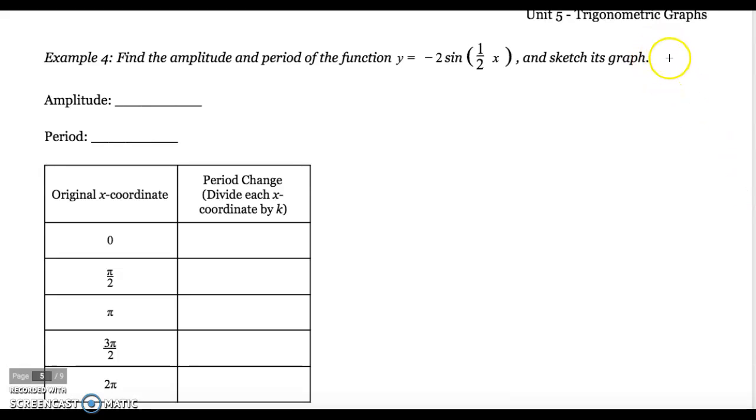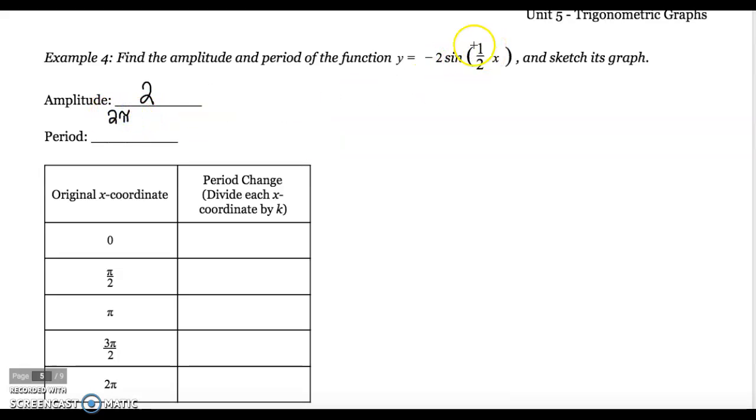So I have a sine function, and it looks like I'm going to be doing an amplitude change and a period change. So my 2 here, and remember this is where the absolute value comes into play, right? Even though this is a negative 2 that's multiplying my sine, the amplitude is just how far away your highest or lowest point is from the midline, and so you wouldn't say it's -2 away, you would just say it's 2 away, okay? So my amplitude's 2,